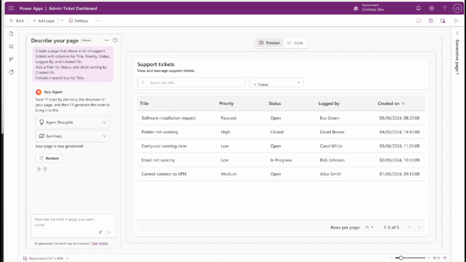So you can see here it has basically created me a page for my support tickets, but I don't really like the way it's putting the tickets in a list form. So I'll change this. To change this, I will update the Copilot with a new update. So basically I am telling the Copilot now